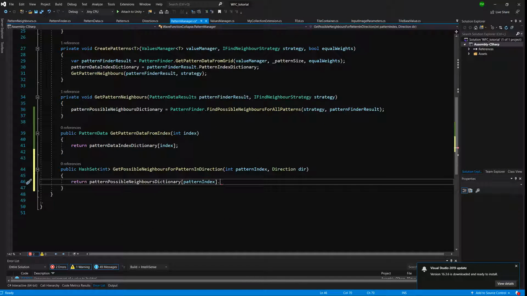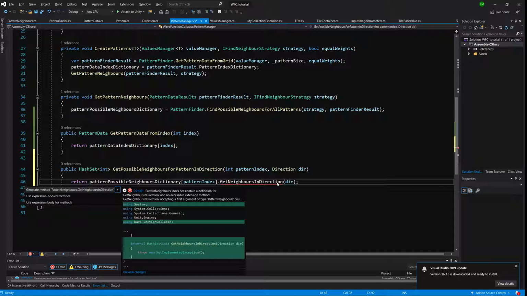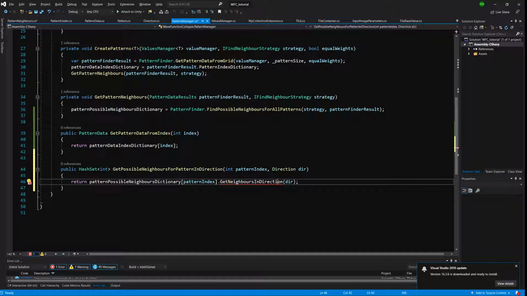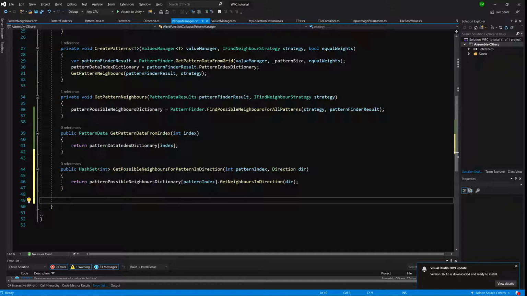So here we are returning a pattern neighbor instance, and since we have not yet implemented pattern neighbor beside creating a placeholder, it will have a method called get neighbors in direction that takes direction. So we can create this method, generate. Okay, so just two more methods and we will be done with this class, and we will go to implement